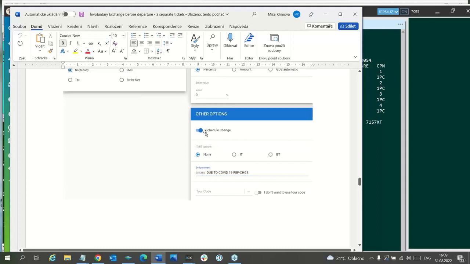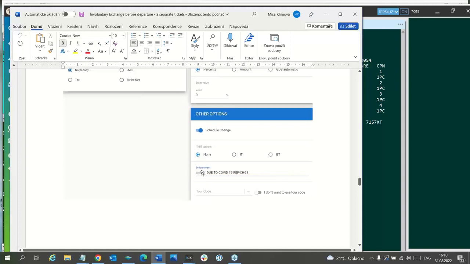What is quite important is that it is set for schedule change, and when you leave it as it is, at the beginning of the endorsement box this SKCHG will be shown, and then you can add the reason due to COVID and so on.